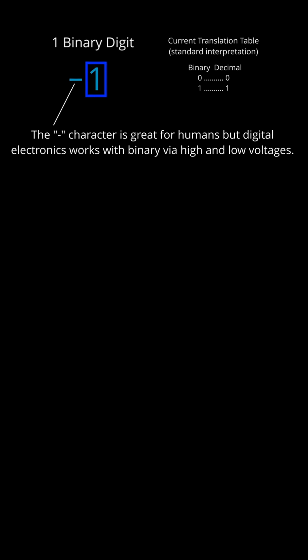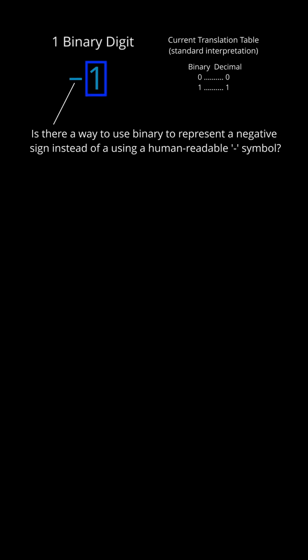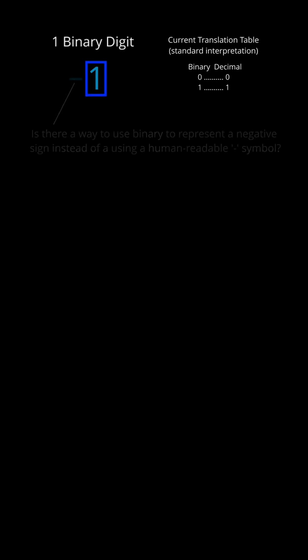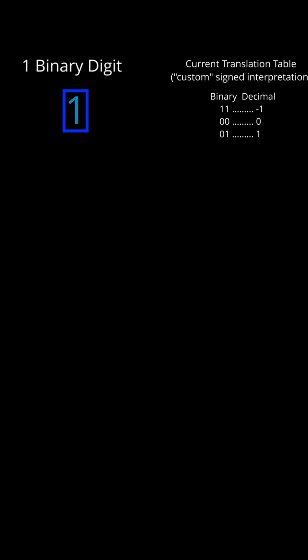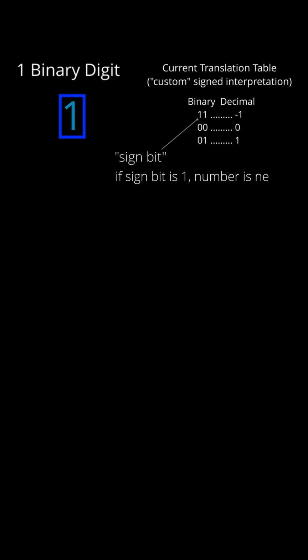Well, that's great for human beings when they're writing on paper or on a whiteboard, but it doesn't really work in digital electronics because I don't know where I would put an actual physical, human-readable minus sign. So then maybe we can ask, is there a way for us to use binary to represent negative? Well, in fact, why don't we actually just add an extra bit